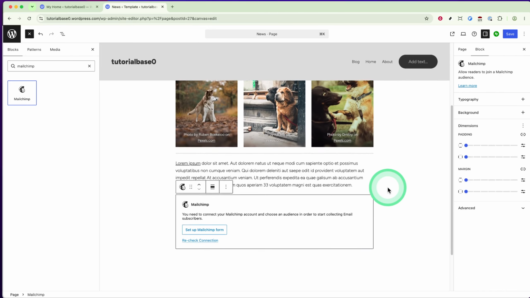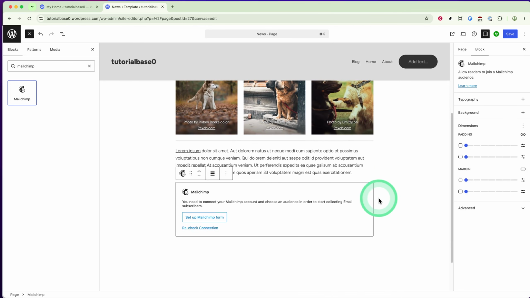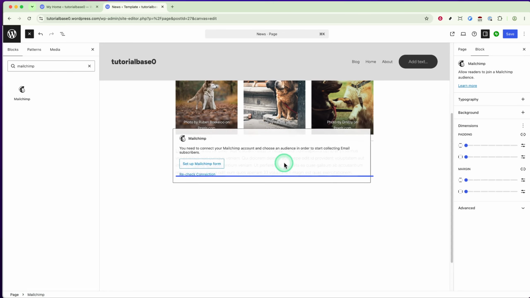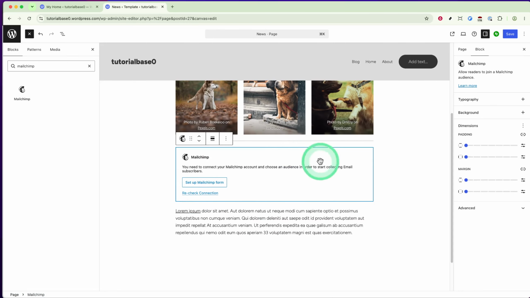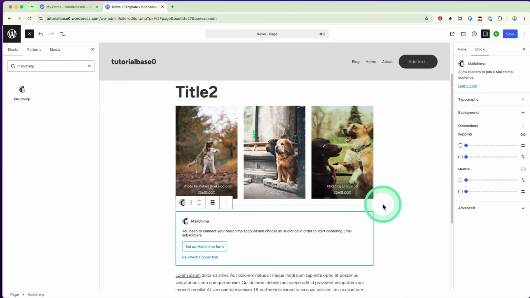Next, let's work on customizing the Mailchimp sign-up form so it perfectly matches the look and feel of your website. Once the Mailchimp block is in place, you can adjust its settings to align with your brand's style and aesthetic. Take some time to tweak the layout, colors, and fonts to ensure the form blends seamlessly with the rest of your site. This is important because a well-designed form not only looks professional, but also encourages more visitors to sign